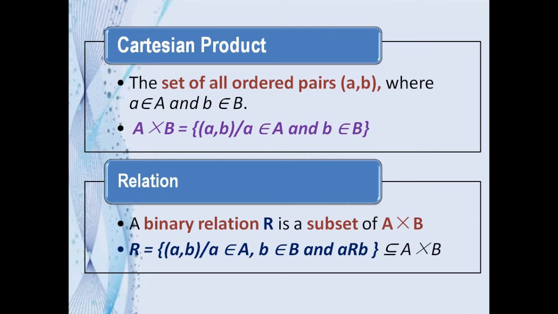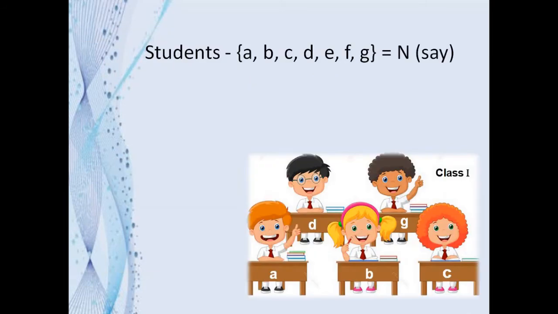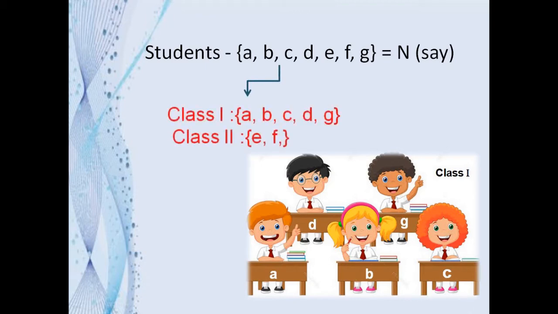Now, we're going to study this notion through an example. In a school, the teacher has a list of students' names in both class 1 and class 2. Clearly, this is a set and it is named N. Now we have to write the Cartesian product of this set, and before we write this, we note that the students A, B, C, D and G are in class 1 and the rest of the students in N, E and F, are both in class 2.